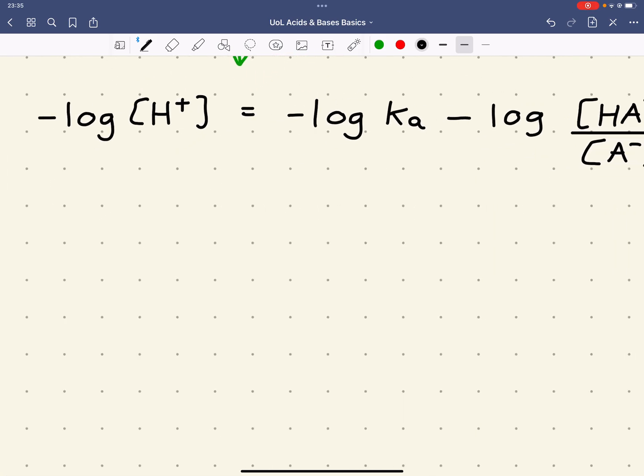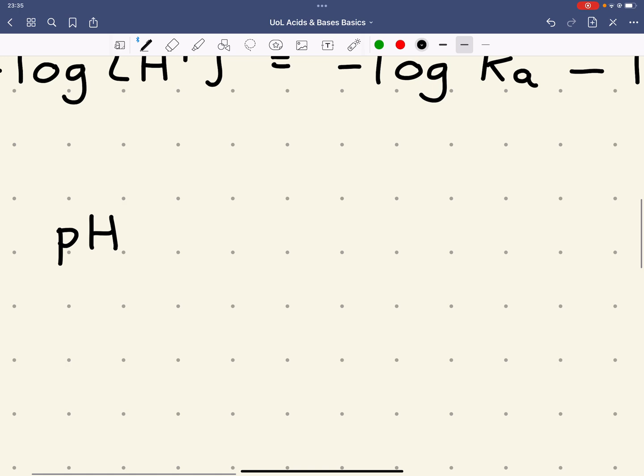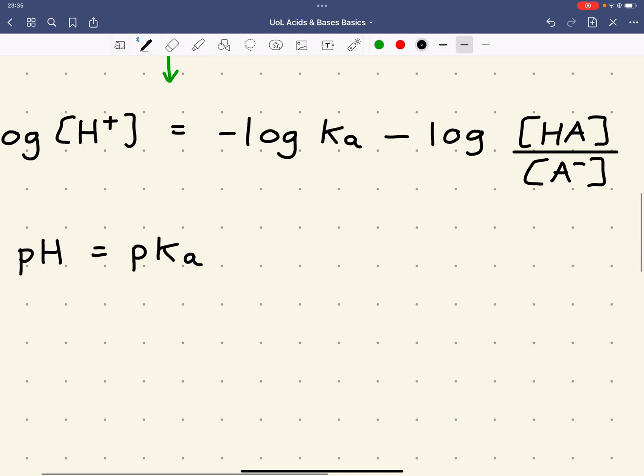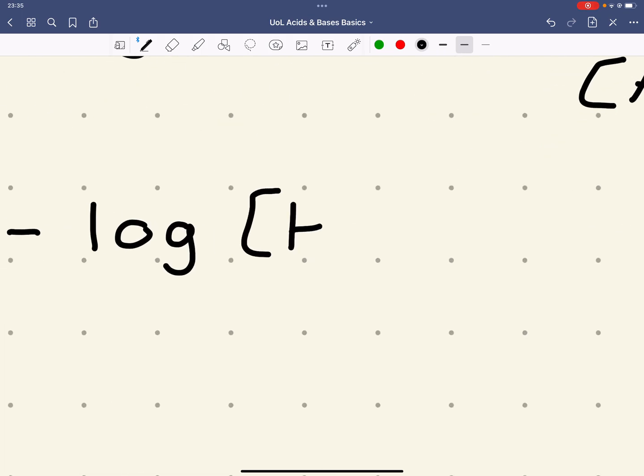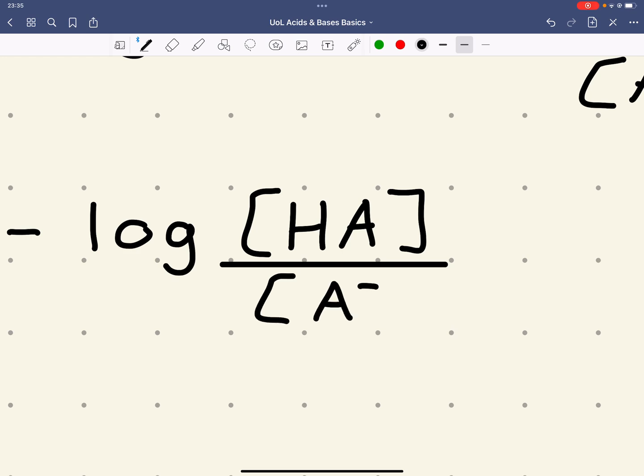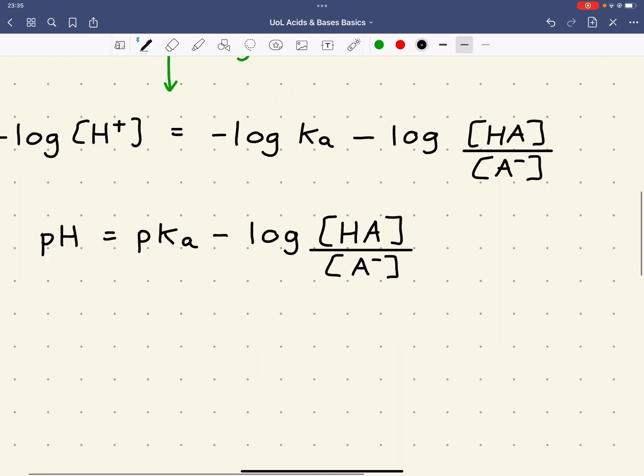Minus log of the hydrogen ion concentration is pH. Minus log of Ka is equal to pKa. And then we've got minus log of the concentration of HA divided by the concentration of A minus. Now that is almost the Henderson-Hasselbalch equation, and you could in effect use this to work out the pH of a buffer. You may, however, more frequently see this written as something slightly different,